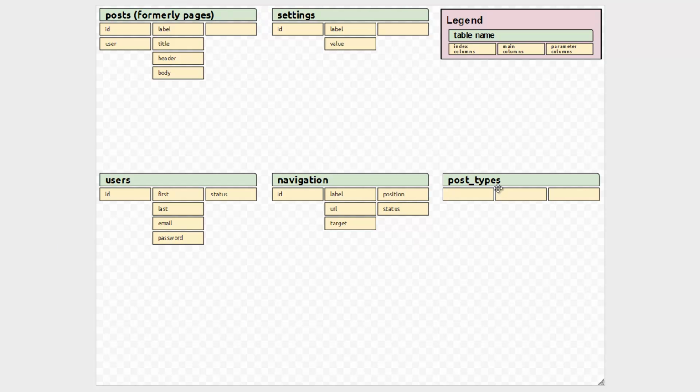Okay, so down here to post types, we're going to need an ID, and this ID is going to be that numeric representation that I was talking about. And we're going to need to know what the file name is going to be in the views folder to tell it which view to load when this kind of post is loaded. So that's most likely going to be lowercase and all one word, and maybe kind of shorthanded. So I'd also like to put a label in here, so when we're in the admin and we're looking up what the post types are, we have a cleaner representation of what it is. So we'll do label,